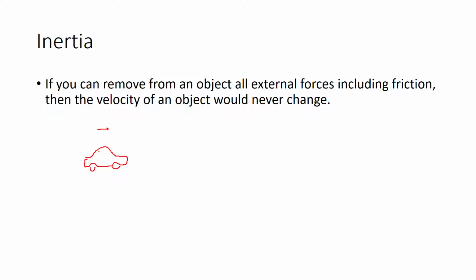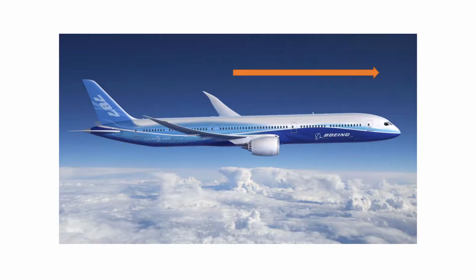Well, if you take away all external forces, that is, you take away gravity that's going down, and you take away the friction force that's going the other way from which this car is moving, and we take everything from it, you're just left with the velocity. Okay, that velocity is the inertia. That's the thing that will never change, and that's just a property of this object.